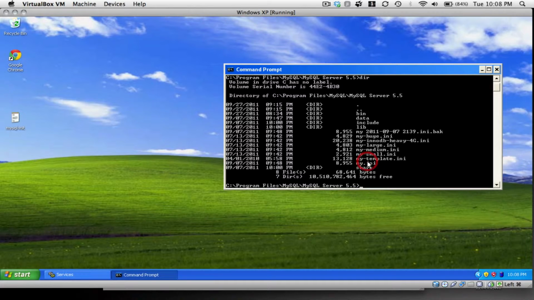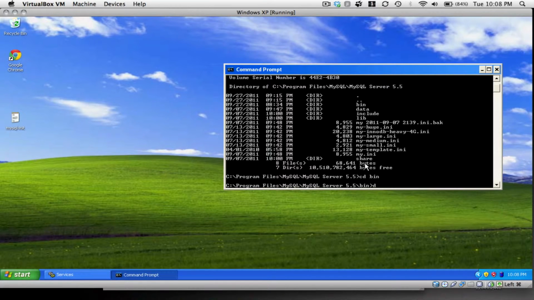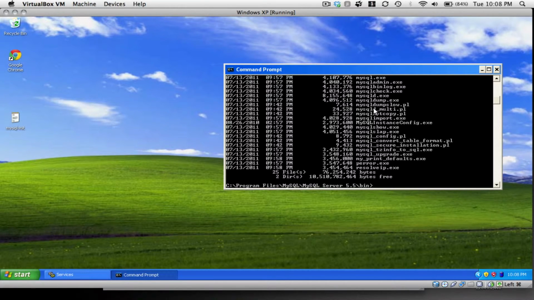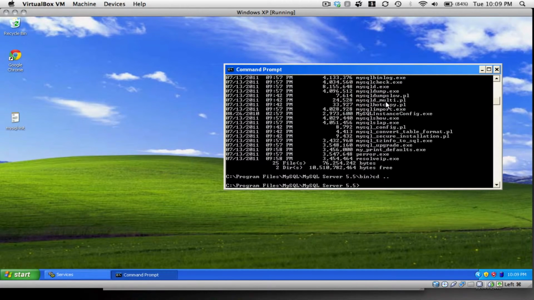Now there's going to be a my.ini file, an initialization file, and in the bin directory there's going to be mysqld.exe. So let me back out of this bin directory and type bin